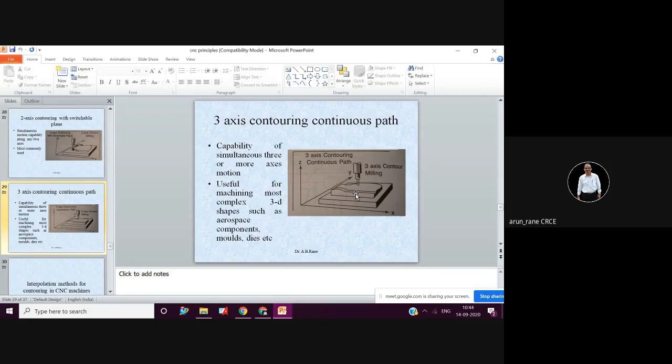That means in the Z direction, when we are talking about a vertical milling machine, it is positioned in Z and then it is moved in X and Y. That is what is two and a half. Remember, in two and a half, X, Y, and Z cannot be moved simultaneously.